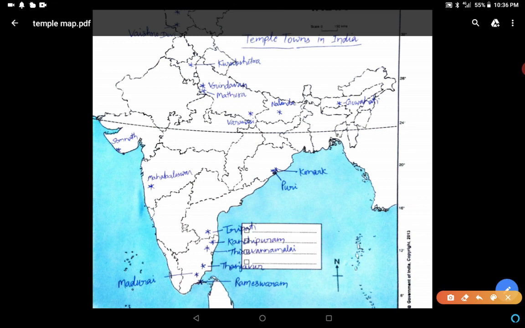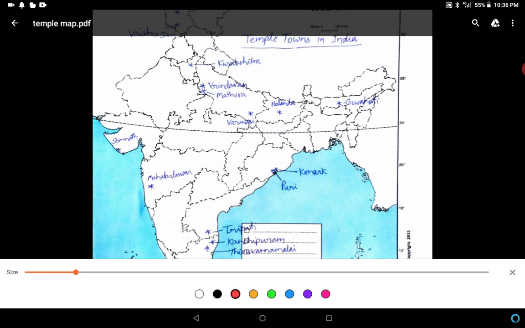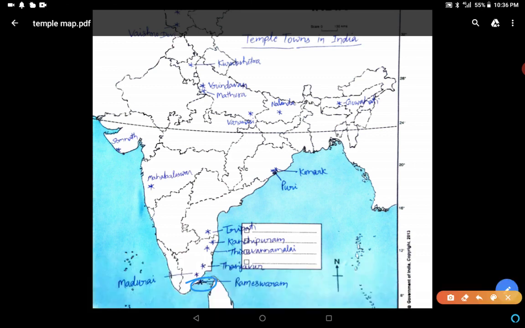Madurai in Tamil Nadu, Rameshwaram, Tamil Nadu, you can see here, and second is Madurai, this one, then Tanjore, after that Tiruvannamalai, this one near Kanchipuram, then Kanchipuram near Chennai, Tirupati in Andhra Pradesh, and here in Odisha, Puri near Chilka